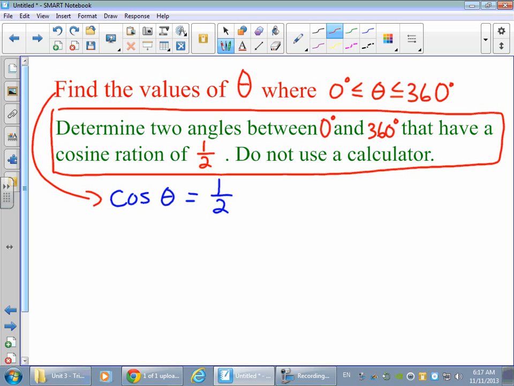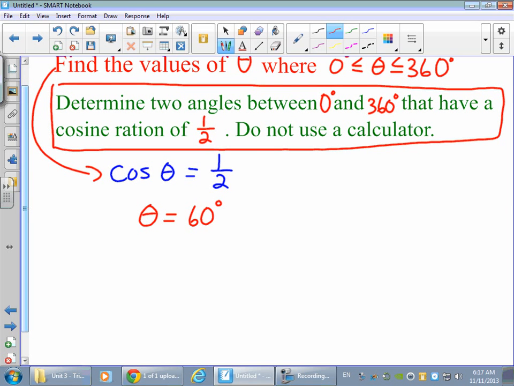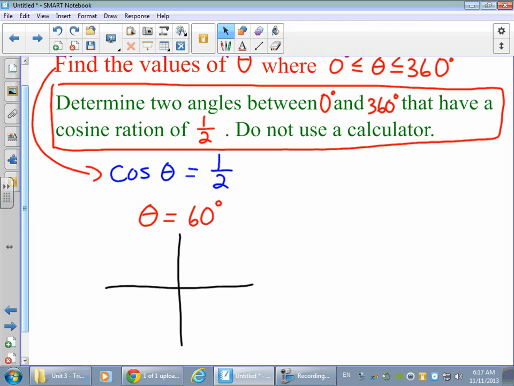If it's not, the question's a little different, but in this case it is. So just by knowing this ratio, one of my answers is that theta is 60 degrees. I also have a second answer somewhere